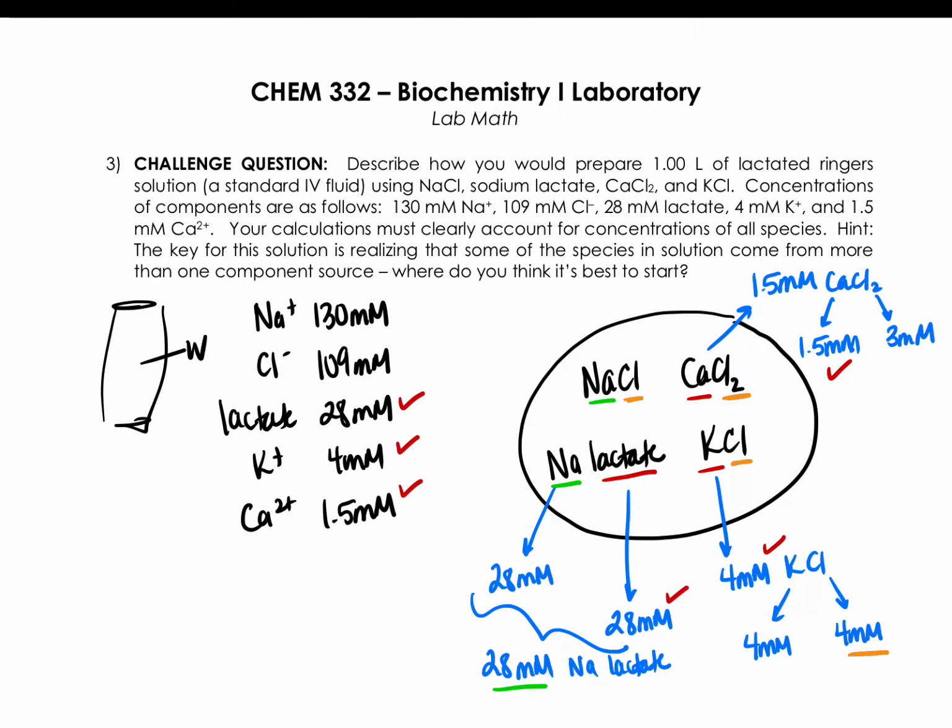And so we've got 4 millimolar here, 3 millimolar here. And so the big question is, how much sodium chloride are we going to need? The easiest piece might be to look at the fact that if we've already got 28 millimolar sodium coming from sodium lactate, and we need 130 millimolar total, then the difference must come from sodium chloride. And so that tells us that we need to have